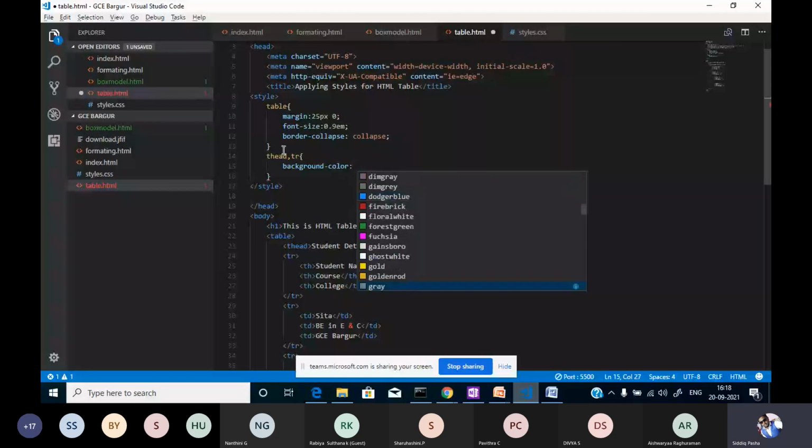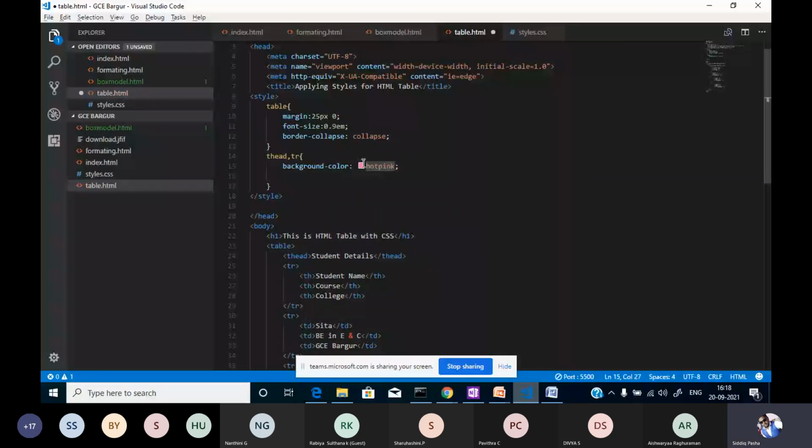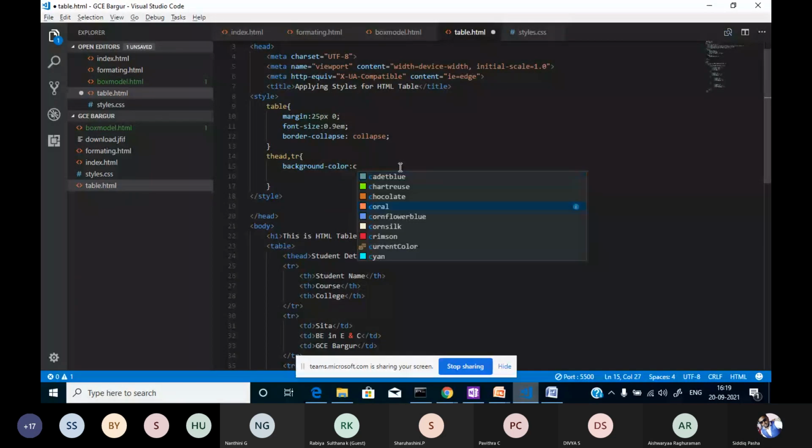This one. Okay, so I'll change to some other color. Let it be any color. Okay, fine.